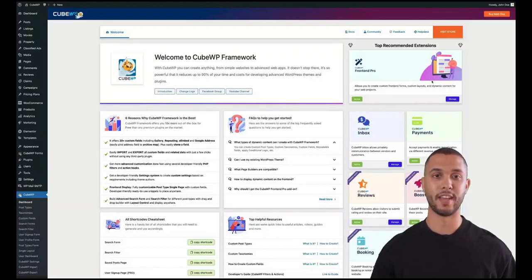CubeWP is an all-in-one dynamic content framework for WordPress to help you build advanced websites or web apps super fast